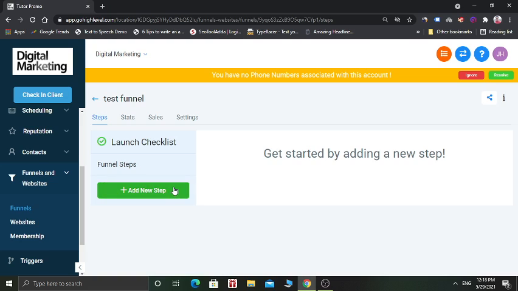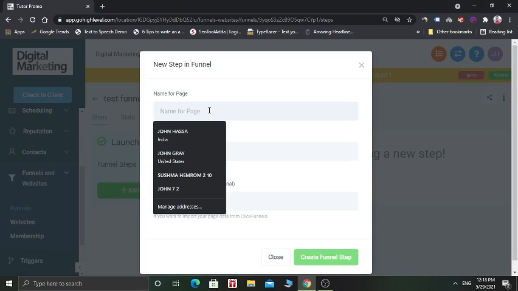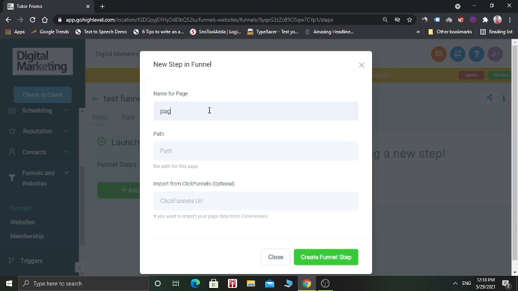For that you have to create add new step and name this page as page 1, and optionally you can import from ClickFunnels into Go High Level software. And now create funnel step.